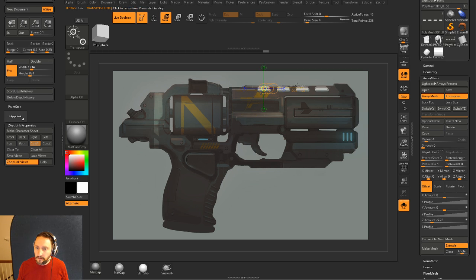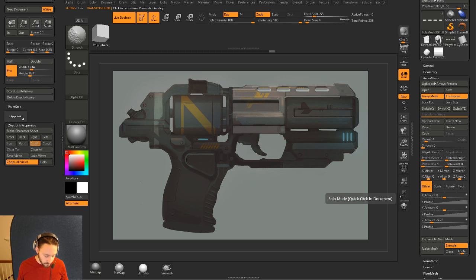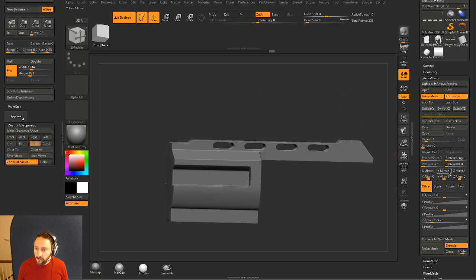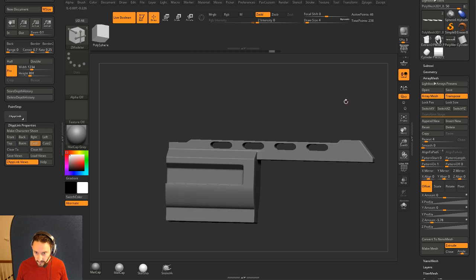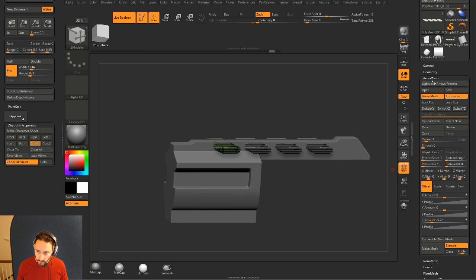You can also see there's a repeat here. You can just crank the repeats up or down, but 4 was actually the number we wanted, so that's cool. Now with this one, if you go out of solo mode, hit Shift Z, you're going to see as we're changing these amounts, it's automatically updating that live Boolean on the fly. So that's useful. The other cool thing about Array Mesh is if we do